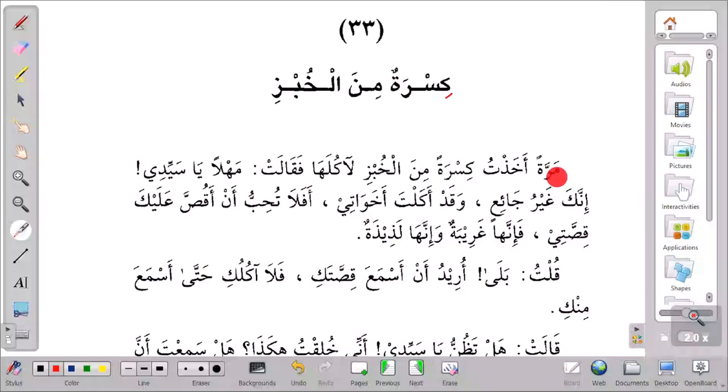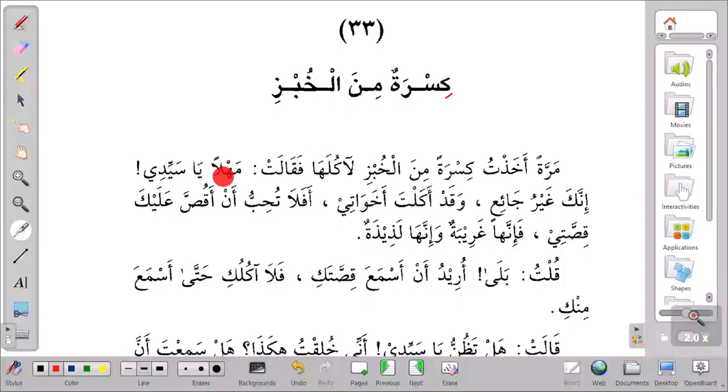So he begins by saying, marratan akhaztu kisratan min al-khubzi li'akulaha faqalat. Once I took a broken piece of the bread, li'akulaha, to eat it. So there was a particular time where there was a piece of bread, a fragment from a bread. He took it to eat. Faqalat, and it said, that piece of bread said to him,